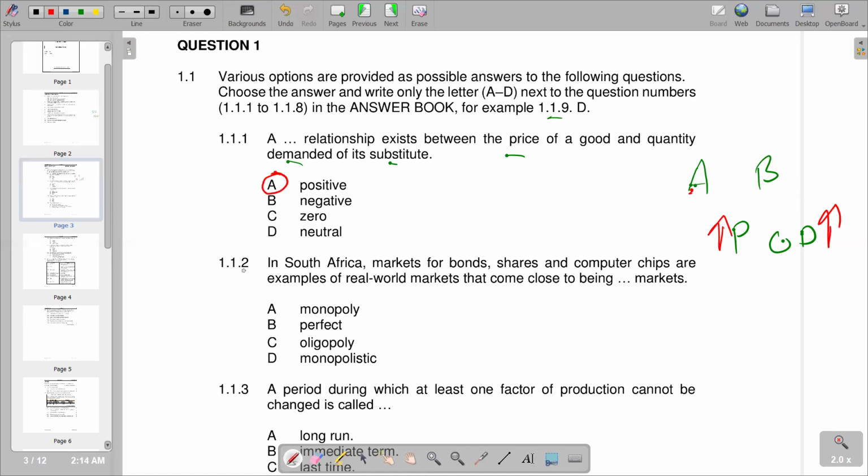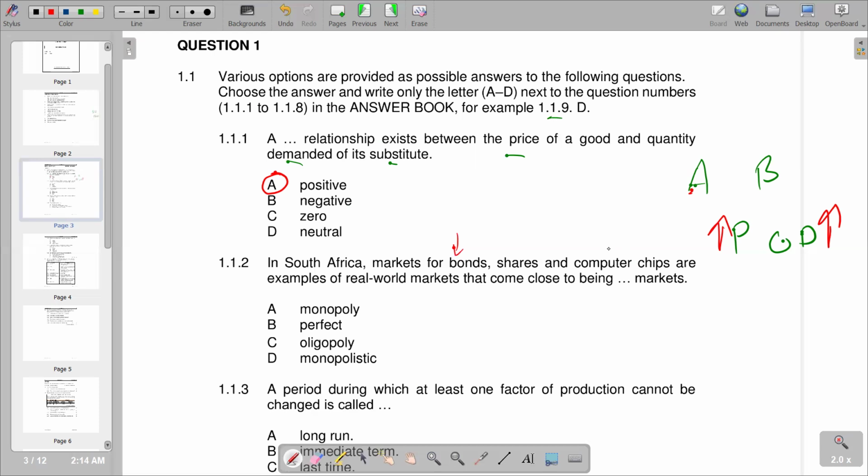Then going on to the second part, 1.1.2. In South Africa, markets for bonds, shares, and computer chips are examples of real-world markets that come close to being dash markets. We're given monopoly, perfect, oligopoly, and monopoly. But we know that in these markets, bonds, shares, and computer chips, for example, looking at the market for bonds, bonds are similar products. So as well as shares, as well as computer chips. So we are saying these are similar